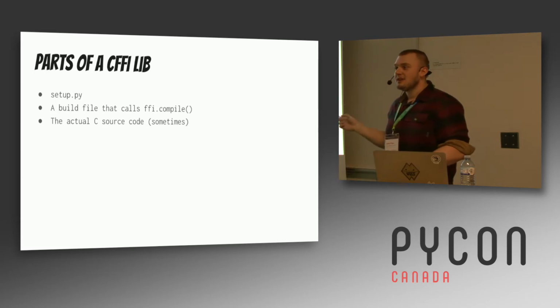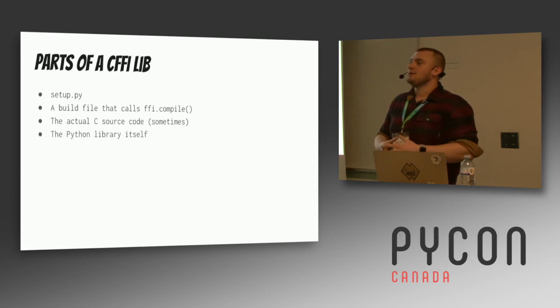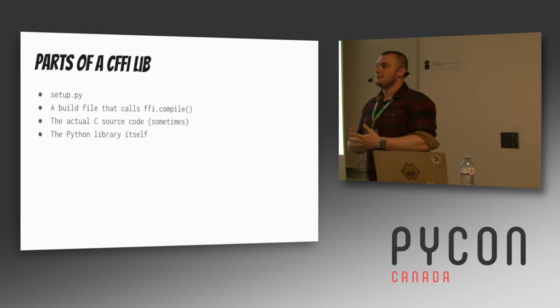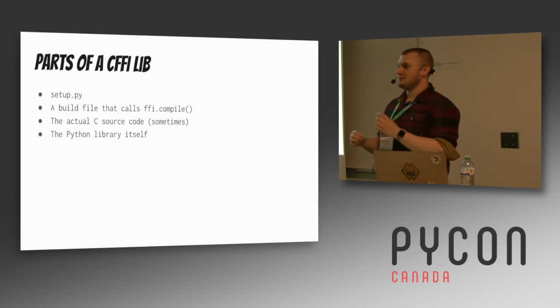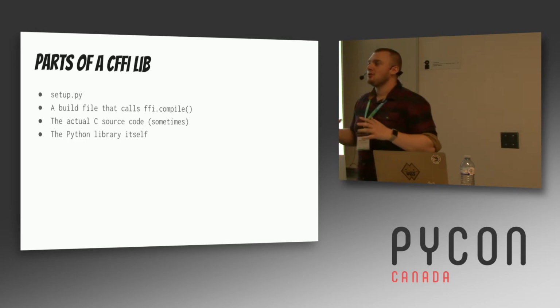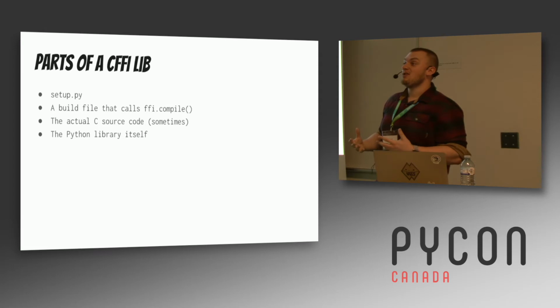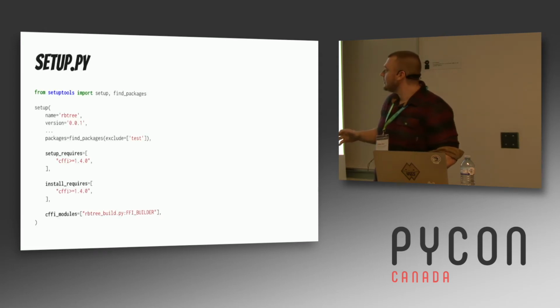Although you don't actually need it in every case, for this example you're going to want the C source code, and then you want a Python library. The things you get from CFFI that it's going to wrap for you are just functions and structs, and it's going to be raw pointers, or Python objects representing those pointers. And you'll probably want to wrap your C library in a more Pythonic interface. So that's what that's for.